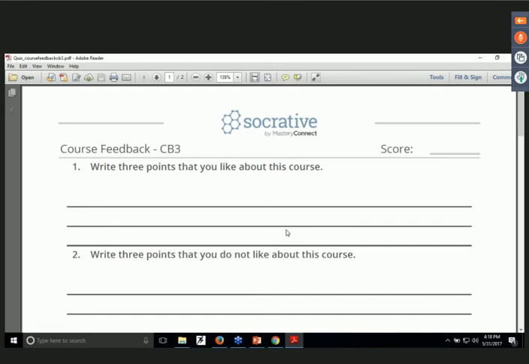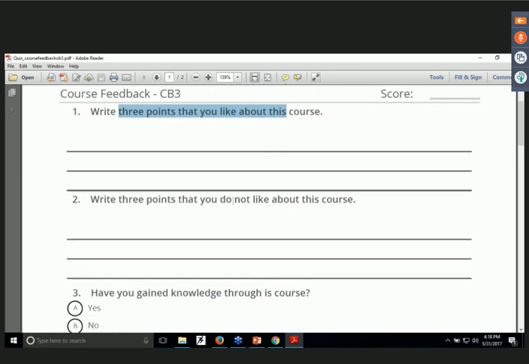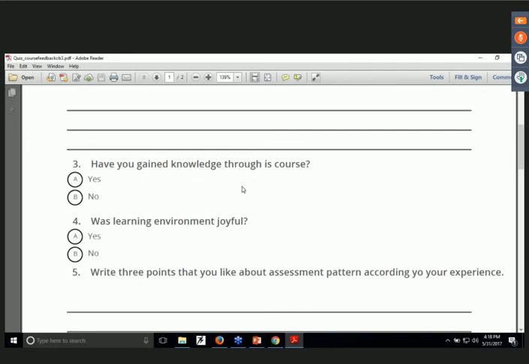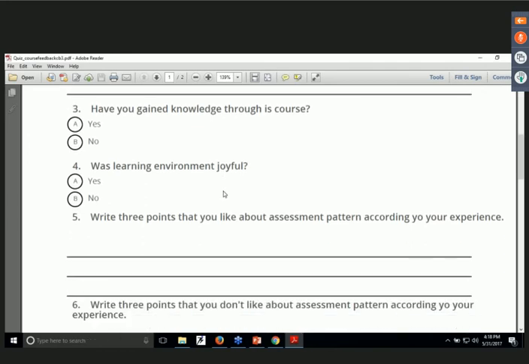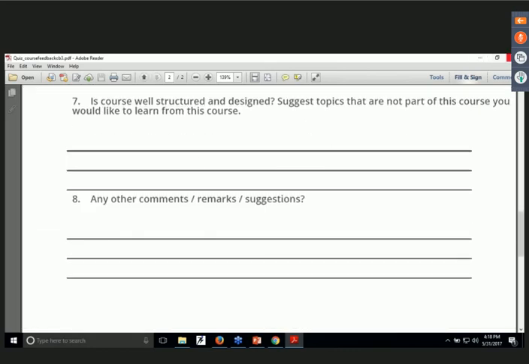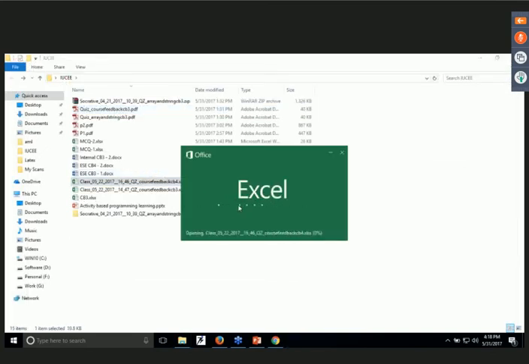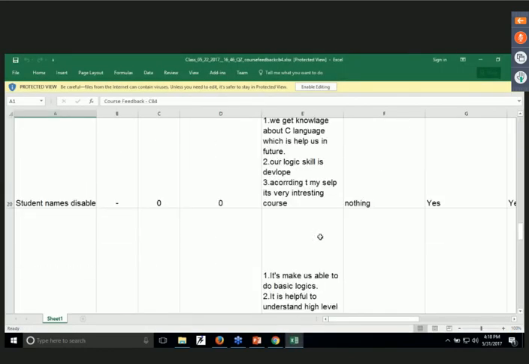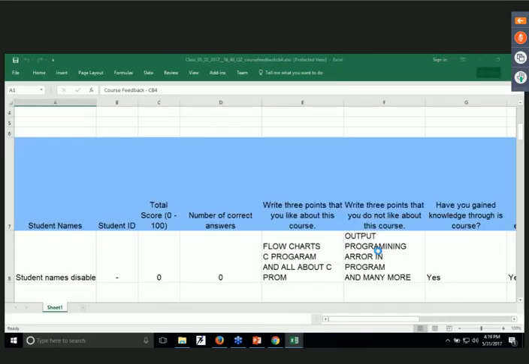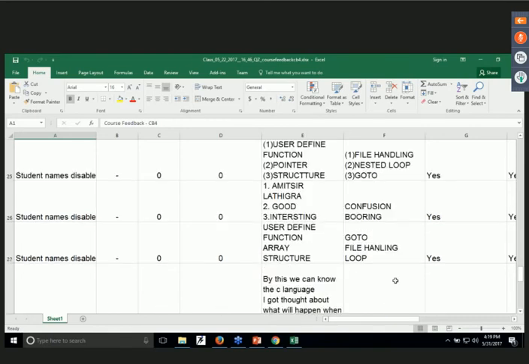Last, I'm sharing a course feedback. Again through Socrative, I asked students to specify various things about this course, like 3 points that they like about this course, 3 points which they do not like, whether they gained any knowledge, whether the learning environment was joyful, 3 activities which they like most and which they like least, any other comments, and topics which they think would be good as part of the curriculum. So I'm sharing the result with you. This feedback also I have taken anonymously. The purpose of this feedback is to check whether the proposed activities matched with the objectives and learning outcomes or not. Almost everywhere students have